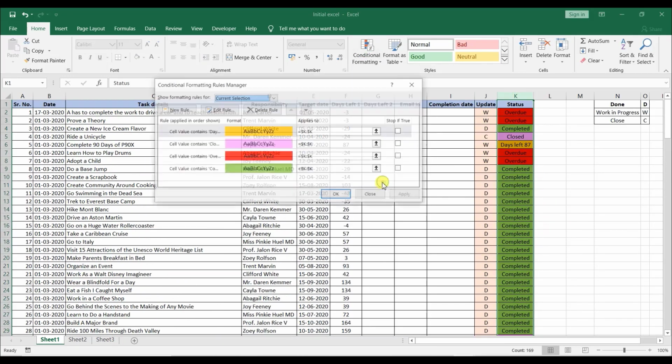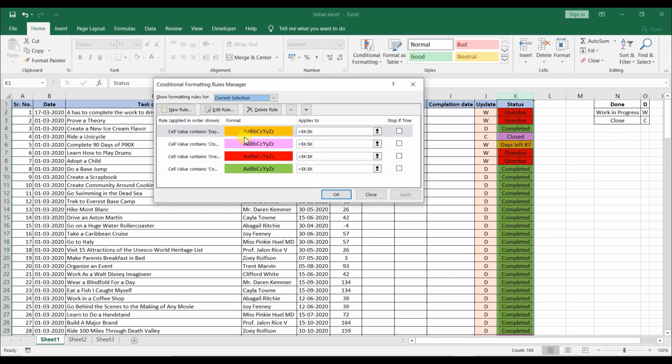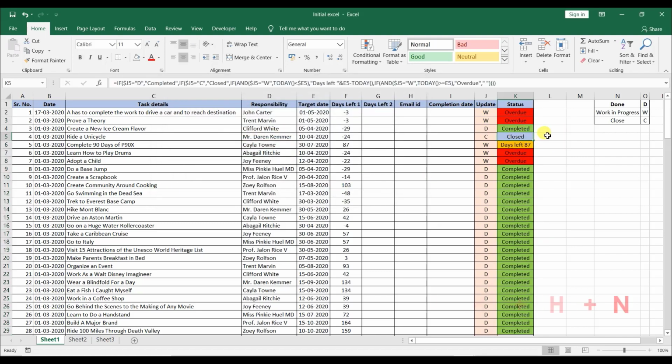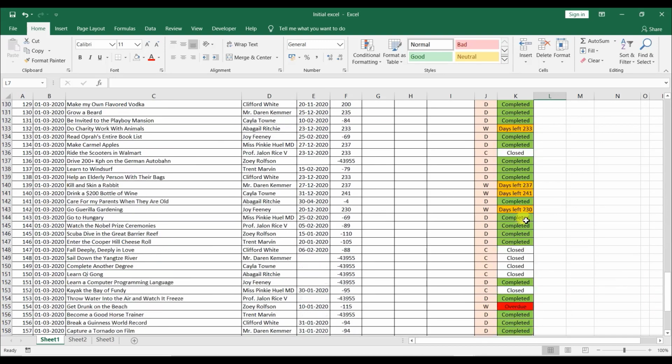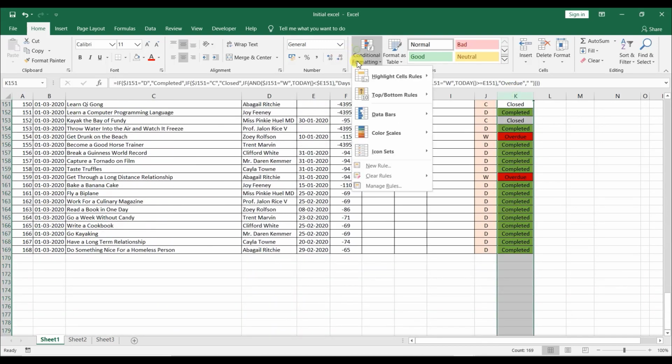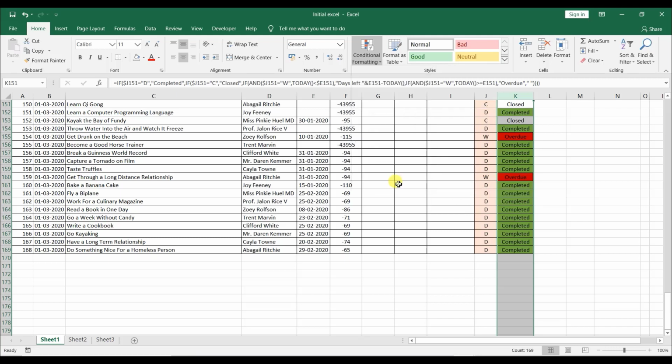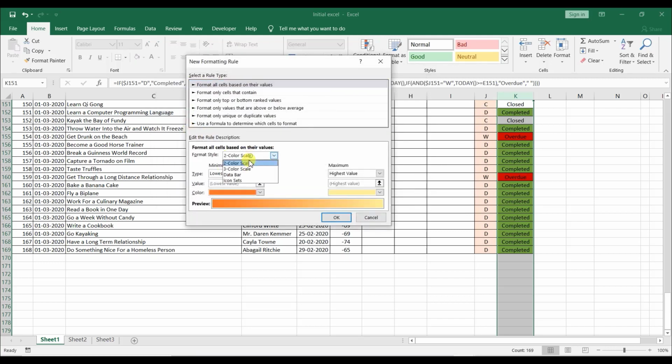Now I want to delete a rule in manage rules. That means I want to delete this pink rule. So you can delete it by selecting delete rule, apply, okay. So the rule will be deleted, and if you do Alt HHN, see there is no color available in the closed section. But right now what we require is, in manage rules, new rule, we want